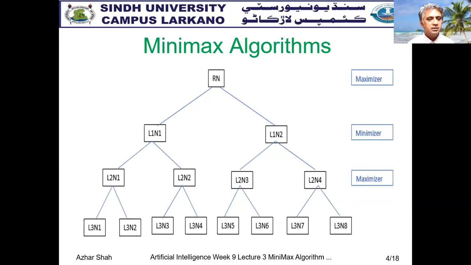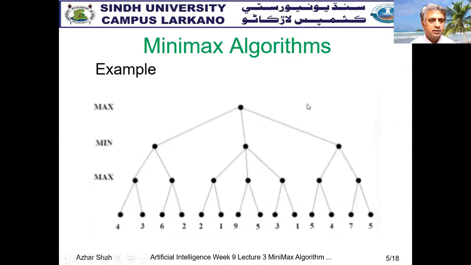So this tree of the game would increase depending upon how many moves are there and who is finally going to terminate, when you are going to terminate or end the game. So next shows that this graph shows actually the nodes, initial root node, then level 1, then level 2, then level 3.